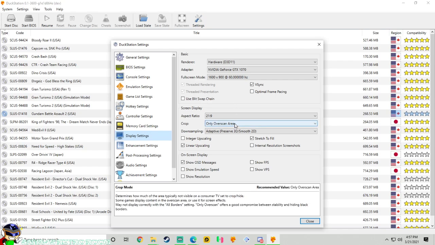Only overscan area. Basically, it cuts certain borders whenever you play certain games. So I would recommend keeping it at only overscan area. Adaptive, preserve 3D to smooth 2D. Basically, what I've noticed is, when I play games like Bloody Roar, Dino Crisis, or Resident Evil, it gives a smoothness to the characters to make their faces look a little bit glossier and less blocky. It removes that blockiness. So it just makes the characters' faces and environment look like they're rendering at 60